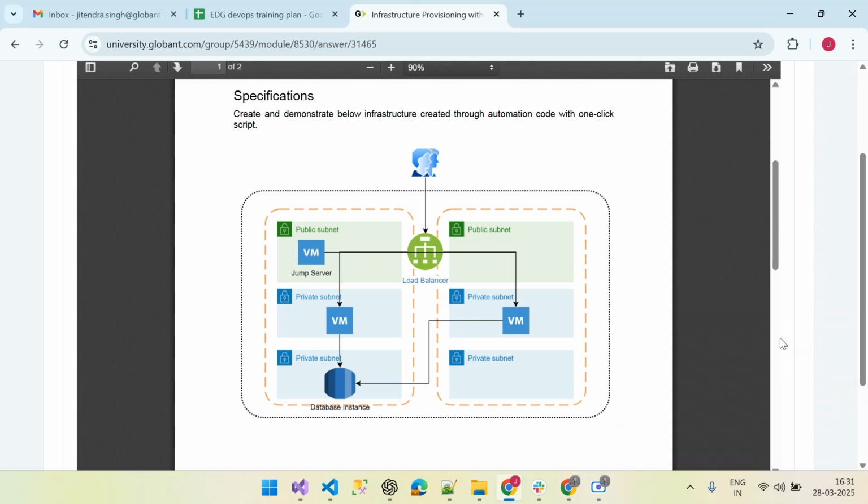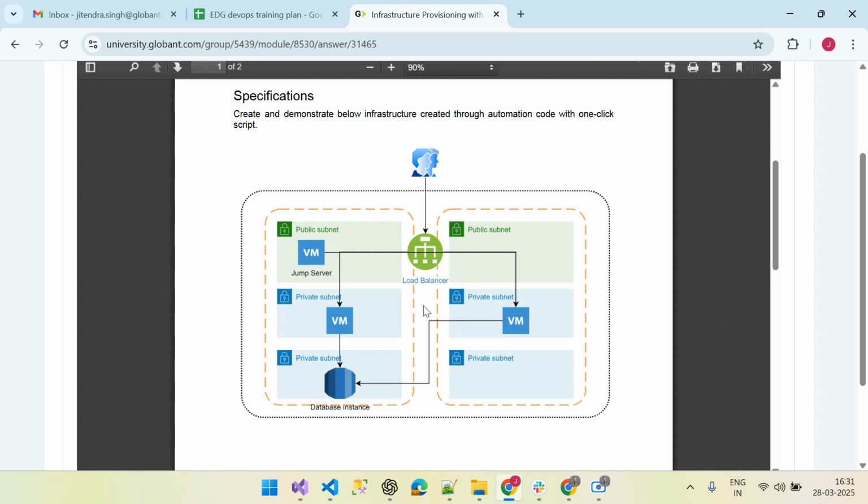I have a total of 9 years of experience. I joined Globant 3 months back, and we are in a training session. I have completed my training, and now I am on an assessment related to Terraform along with AWS. On screen you can see the actual requirement as per the assessment, in which we